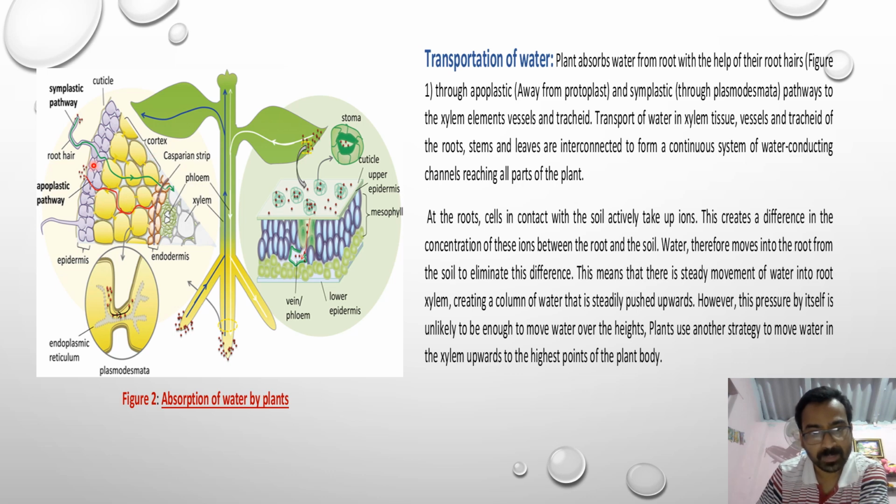Again, I am repeating, these are the root hairs which are actively involved in the process of active transport of ions. They are taking ions from soil to inside so that the inside environment could be hypertonic. Once the environment becomes hypertonic, water rushes inside but goes to the xylem element by two different ways, either the apoplastic way, this way is the apoplastic way, or the symplastic way. Finally, they reach the xylem element. These xylem elements are continuous with the xylem elements of the stem and other branches up to the leaf.